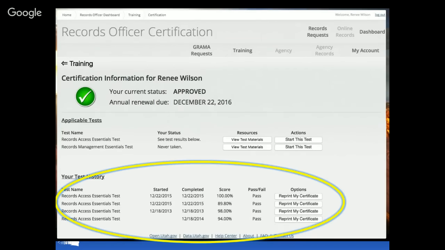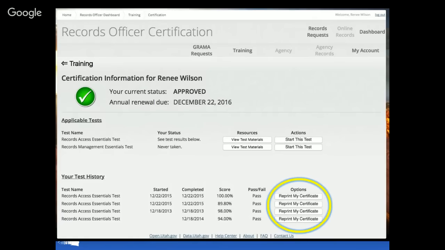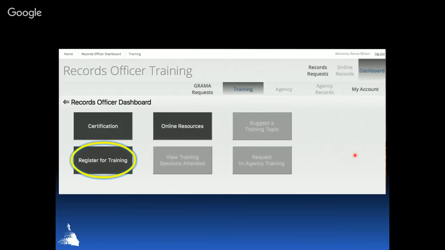And then, like I said, the tests there. You can see your test history, and you can reprint your certificate at any time. Also, we do show the questions missed for the most recent test. I actually took this until I got 100, so there aren't any questions missed. But if you do miss questions, as I did on every single other test, it will show up here for the most recent tests, and you can review the questions that you missed and figure out what the correct answer is. So that is very exciting.